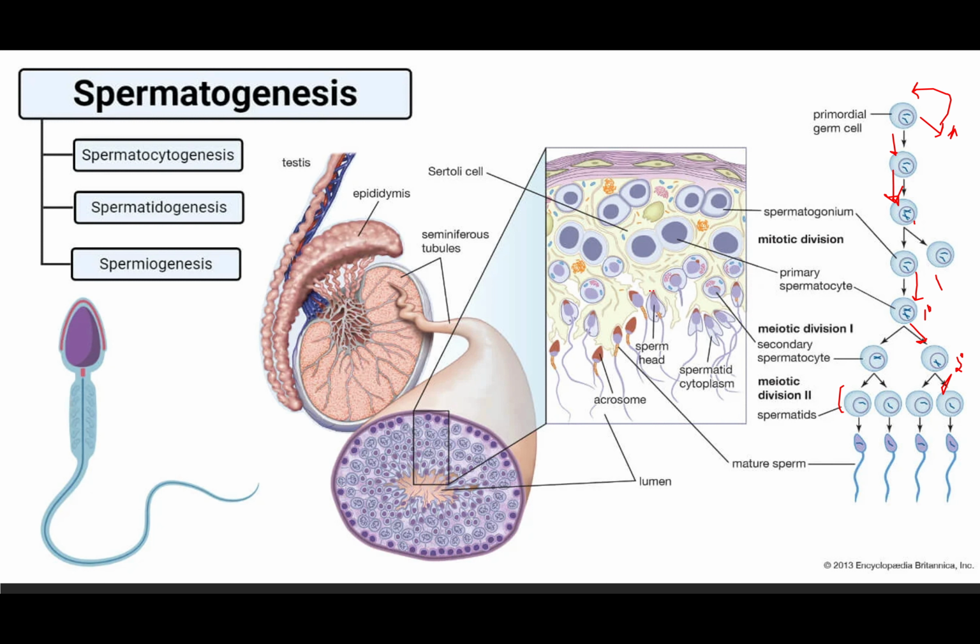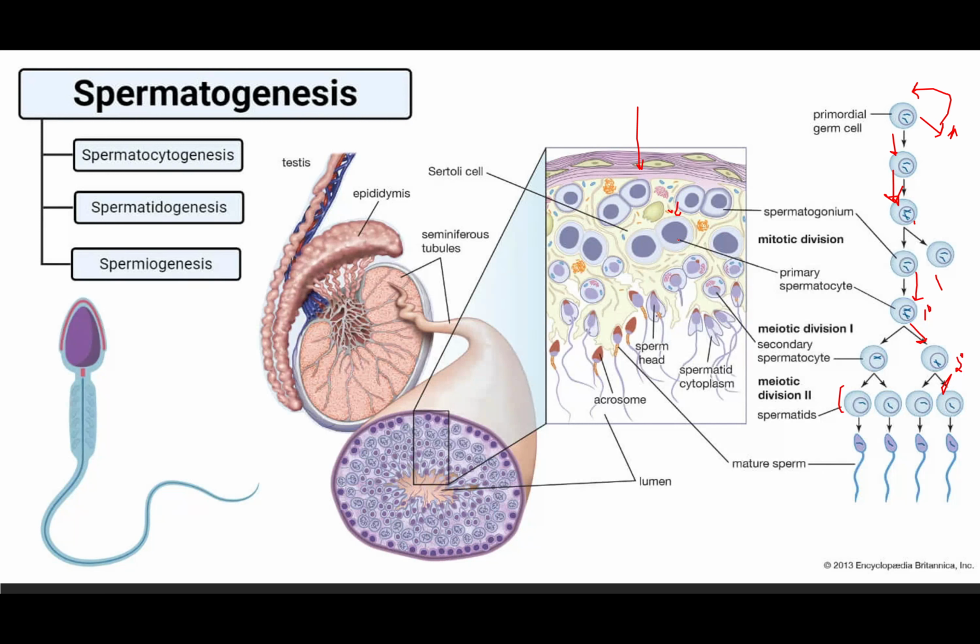Here we have the Sertoli cells. I love how this connects everything, right? So it connects the entire diagram to what's happening here. So here we have our basal layer. This is the layer that we should call the basal layer, right? And on the basal layer here, we're going to have the different spermatogonium. The spermatogonium will become a primary spermatocyte. So note that it pushes down to get a primary spermatocyte,